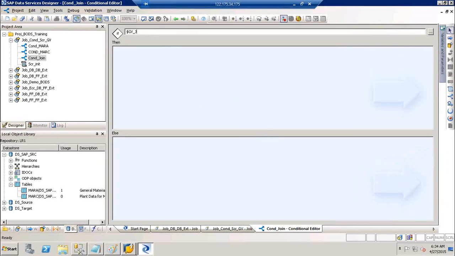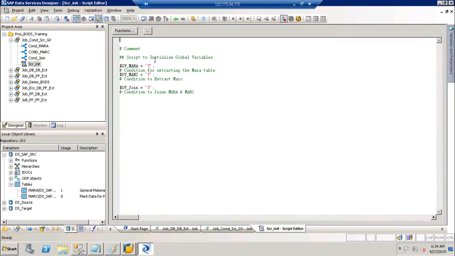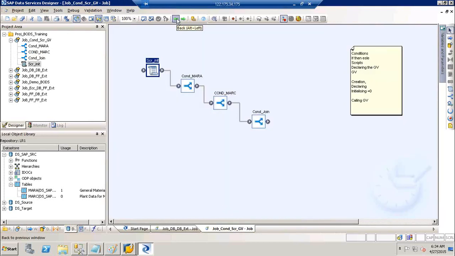$GB_John. So there are different types of global variables that we use for defining the inbound directory path, outbound directory path, dates, timestamps, and file names. So you can use these global variables for various purposes. As you proceed, wherever you feel that you can use a global variable, you use that,